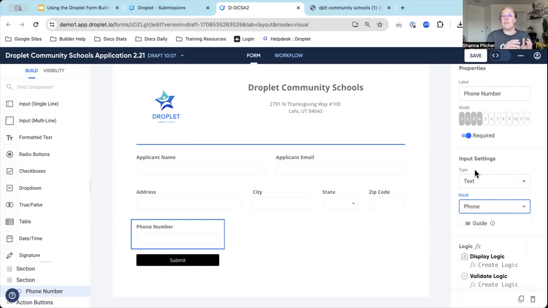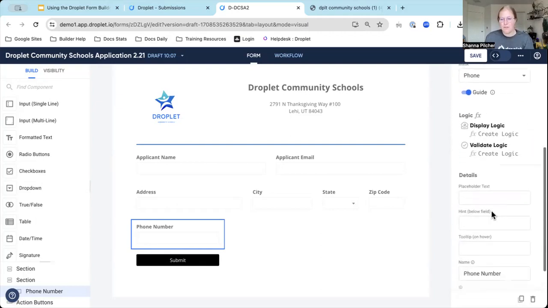And then once they type in the numbers, it will format it like a phone number. We often put a guide when we use a mask, which will show them what's expected. So they're not trying to type in the dash or the parentheses when it's not necessary